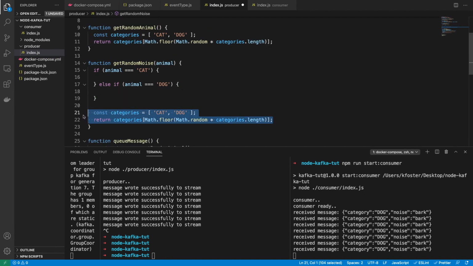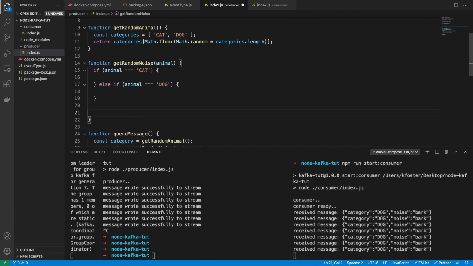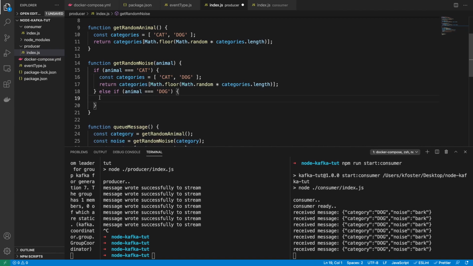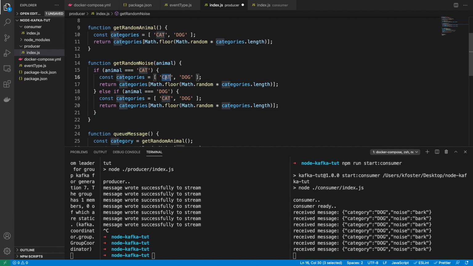So for both of these, it's actually going to be quite similar. We're going to have different noises for both cat and dog. For cat, let's say purr and meow. So these are just going to be noises, and we're going to return